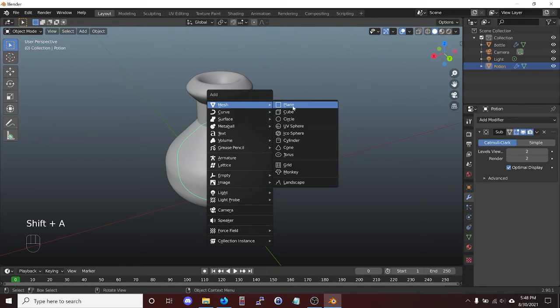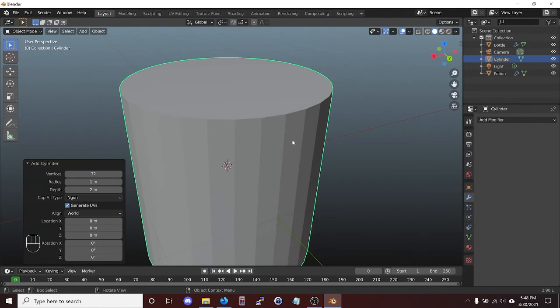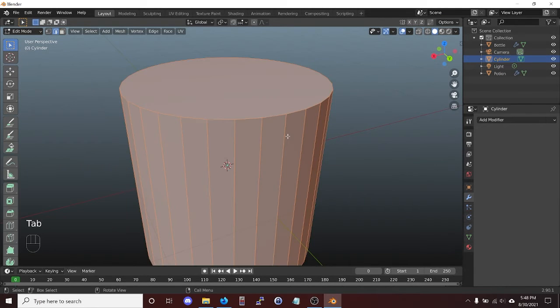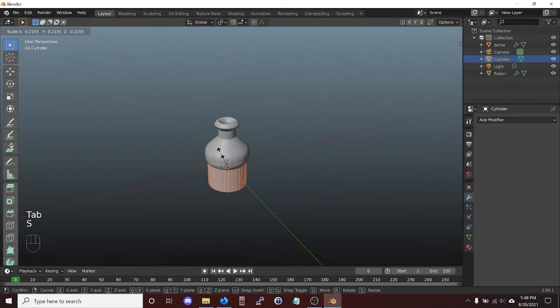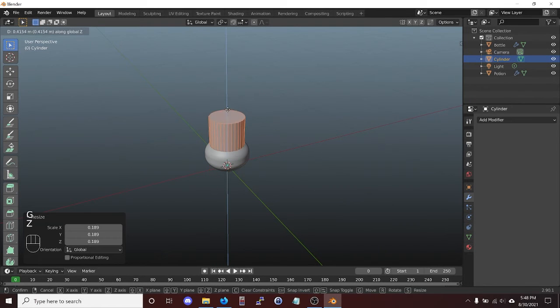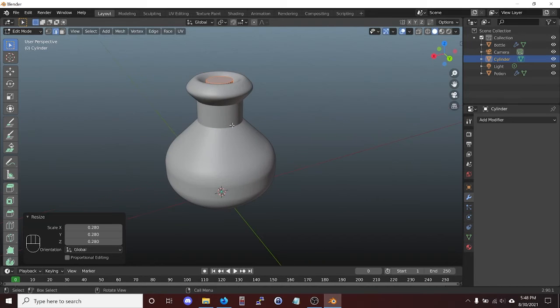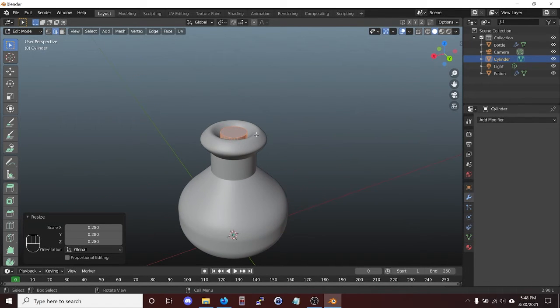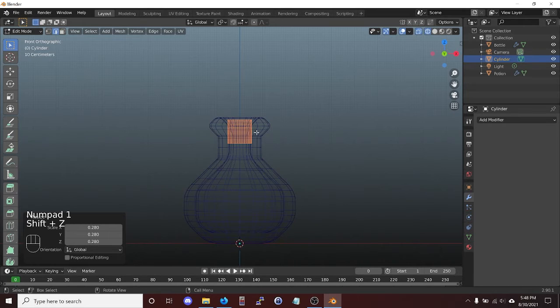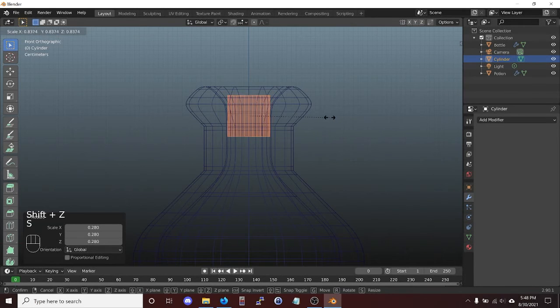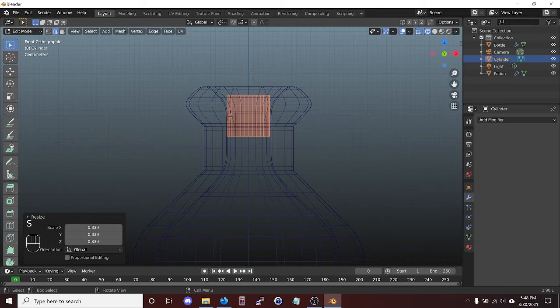And so to do that, we're going to start out with a cylinder. It's huge. And so we're going to go into edit mode, and we're going to really scale this down. And then move it up, scale. And I mean, you can kind of eyeball this. We're going to fine tune it in a sec. But for now, it's okay. And you can even go into Shift Z and kind of work it down a little bit. Make sure that it's the length. Like if you want kind of a shorter cork, this would be the place to do it. Or if you want a longer one,